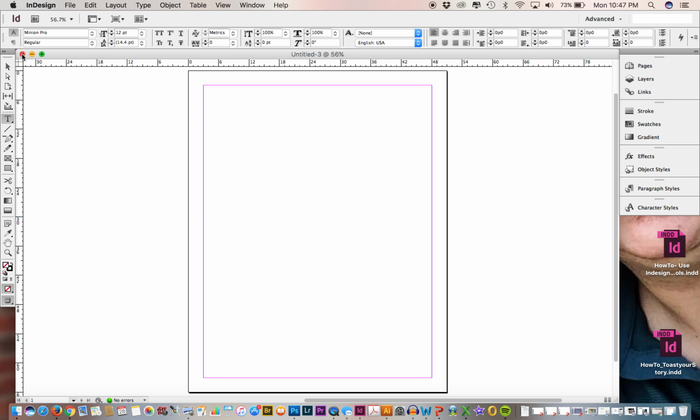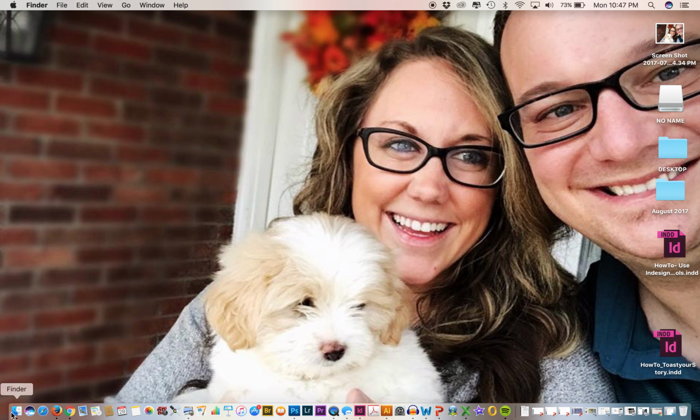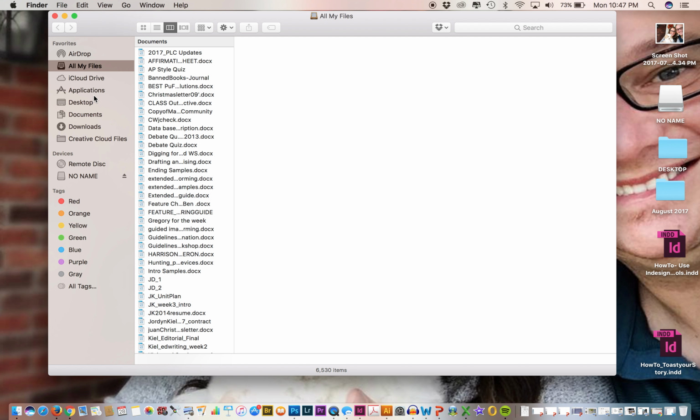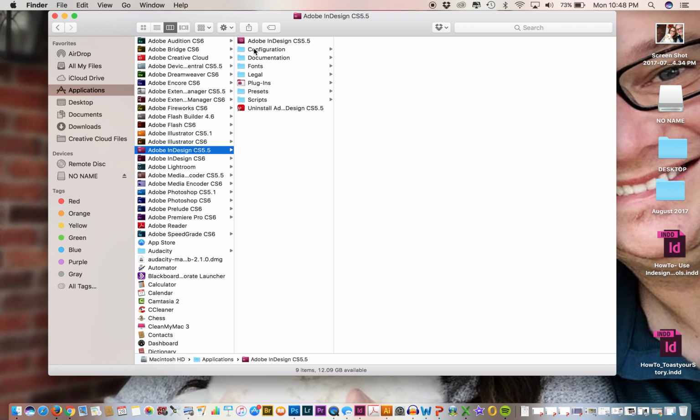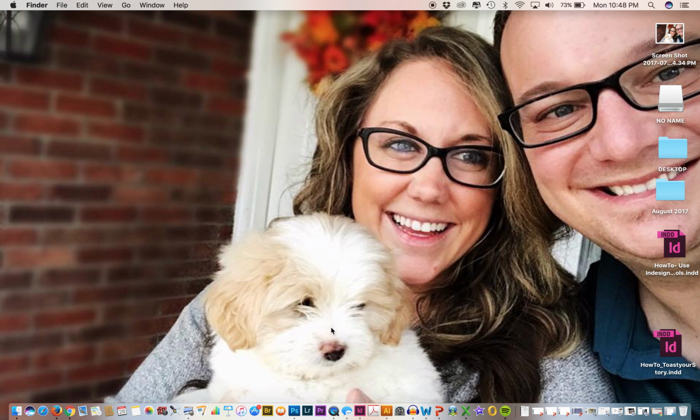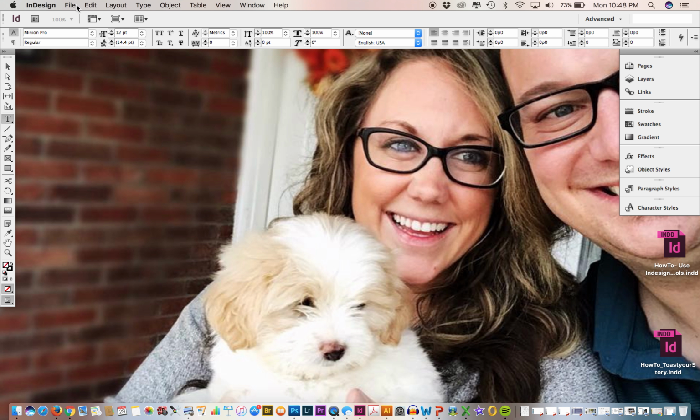If for whatever reason InDesign is not in your dock on the computer, you can find it by going into your Finder and clicking Applications, and it will be in here somewhere under Adobe InDesign. And you can do the same thing if you want. You can even pull that application into your dock. You just drag it down. Okay, so once you have that open, so File, New Doc,